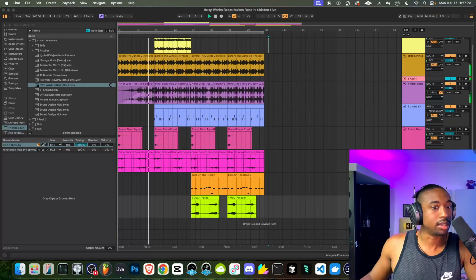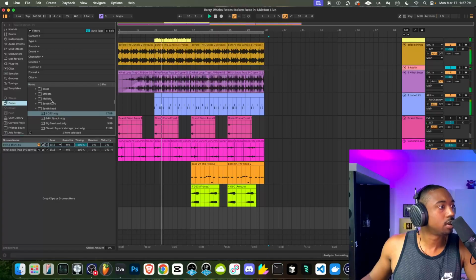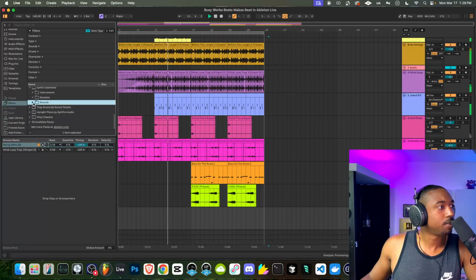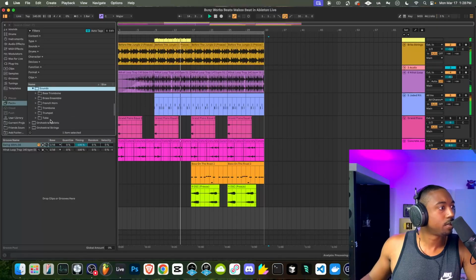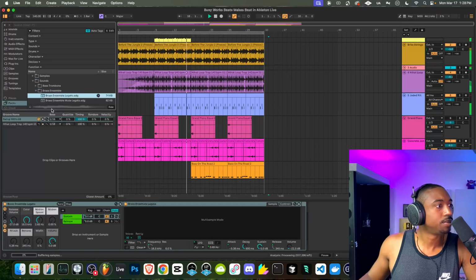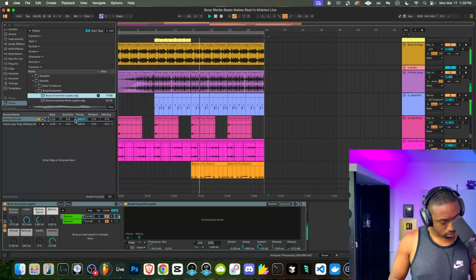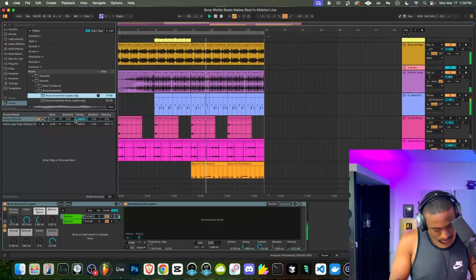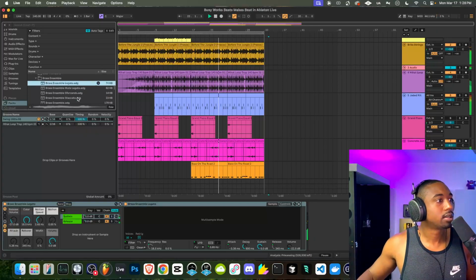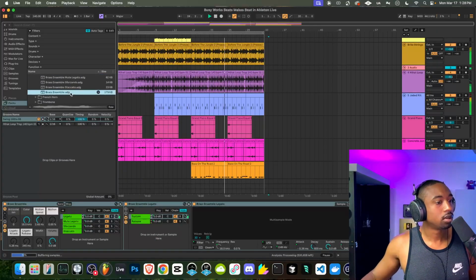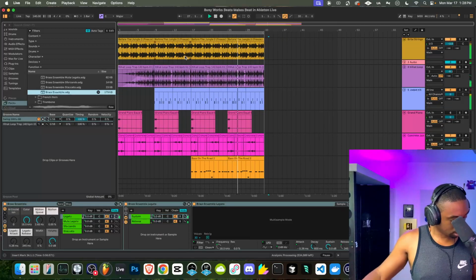Now I kind of want to add brass in here just to see. Let's go to packs. Let's do an ensemble. Kind of like the tone. Okay, let's try it different. It's a little too bright for me.